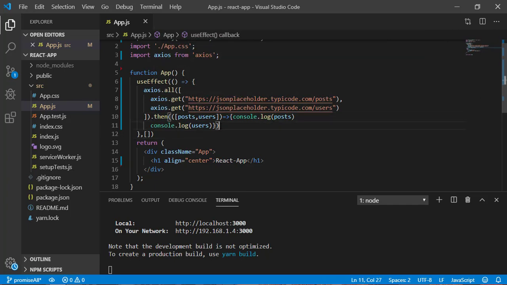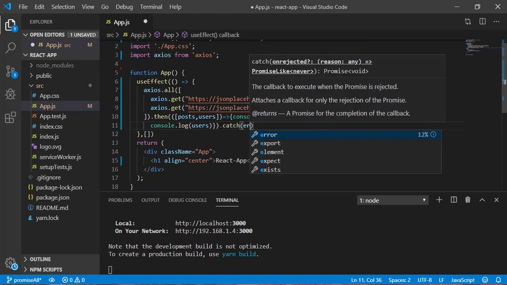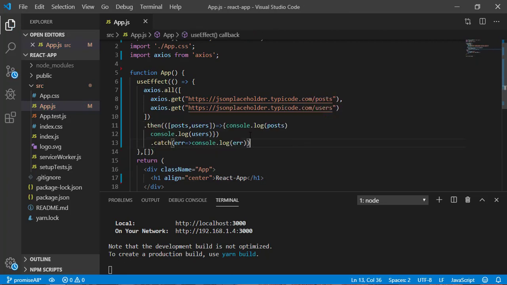Here we have this condition, and now I can write dot catch with error, and do console.log of the error. So if any one of the API calls fails in Promise.all, that means it's not resolving, so it will come to the error. This is the drawback of Promise.all. But if your APIs are working fine and you want to make multiple calls, you can go with this approach and it will work fine.